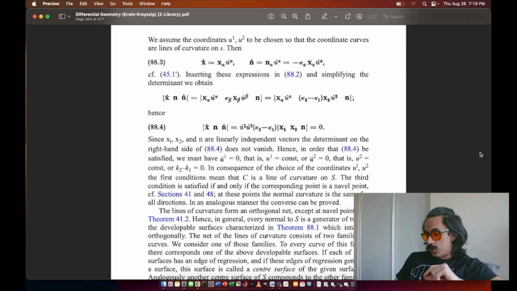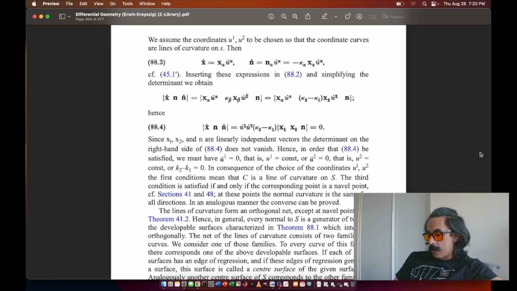Then the next entry is kappa sub beta times vector x sub beta times u dot superscript beta. And then finally there's the vector n. And this is equal to the determinant where, again, entry-wise, we have vector x sub alpha times u dot superscript alpha, and next the quantity kappa sub 2 minus kappa sub 1, closed quantity, times u dot superscript 2, and then finally